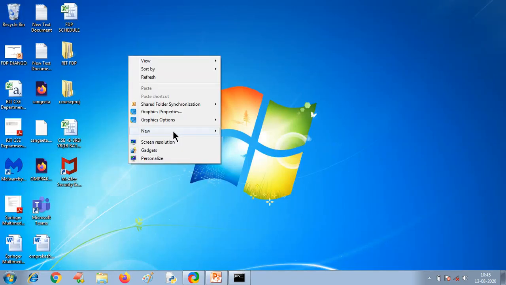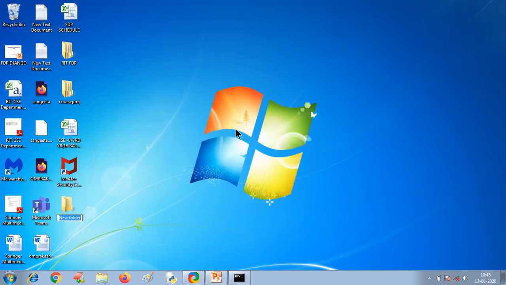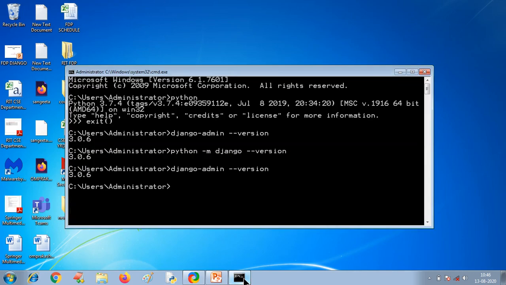I am creating it on the desktop. Let's say I'll name it new project, right? I've created a new project folder on the desktop. You can use the mkdir command to create a folder that will be there in the administrator folder. I have created it on the desktop.